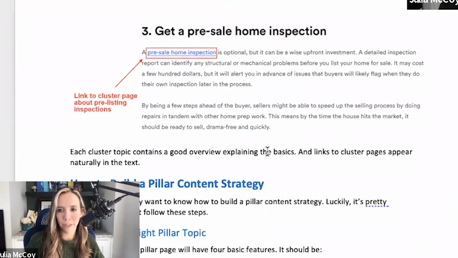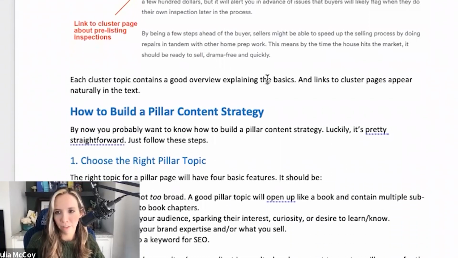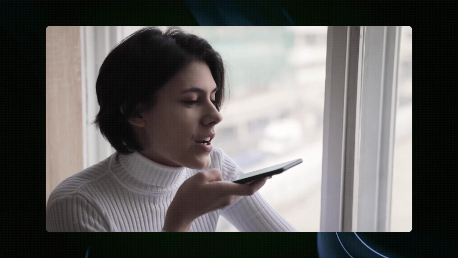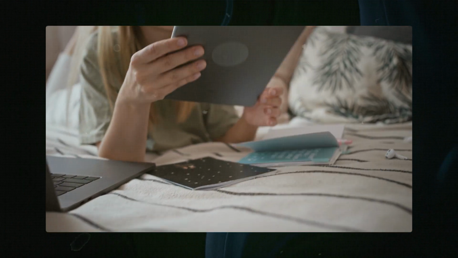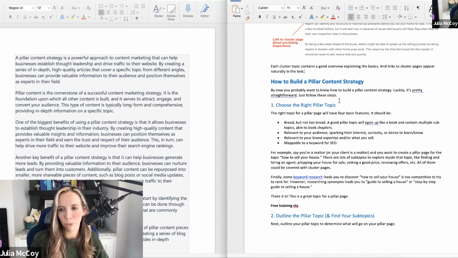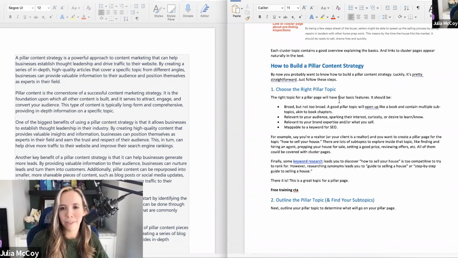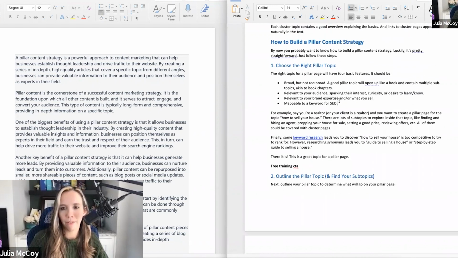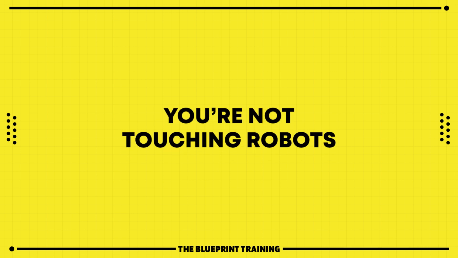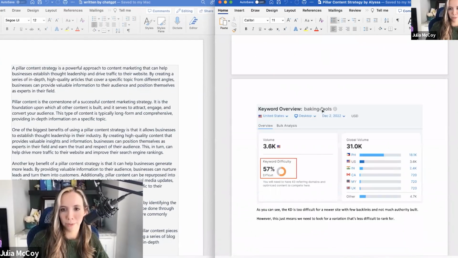Your CTAs alone, and the things that are important to you to generate sales and revenue. Like, what do you want people clicking on? What's the next step? Do you want them booking a call? Do you want them going through a webinar? Do you want them downloading an ebook and then being upsold in a sequence, or a very straightforward email to a free call? We have things like that set up, and that is such a human process because in the end, you're touching humans. You're not touching robots. So it has to be a human process there too.